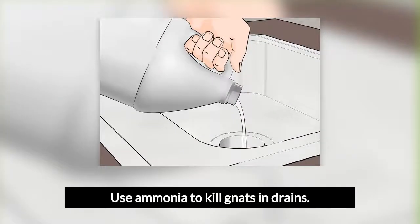Use ammonia to kill gnats in drains. To kill any gnats living inside your drain, simply pour a small dose of ammonia into the sink. This will effectively remove all traces of the gnats. Just be sure to leave the ammonia to dilute for several hours before using the sink again, as ammonia is